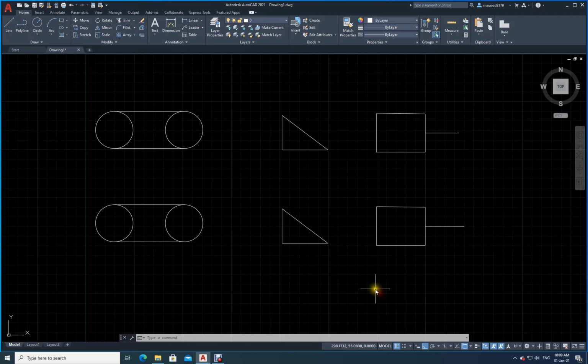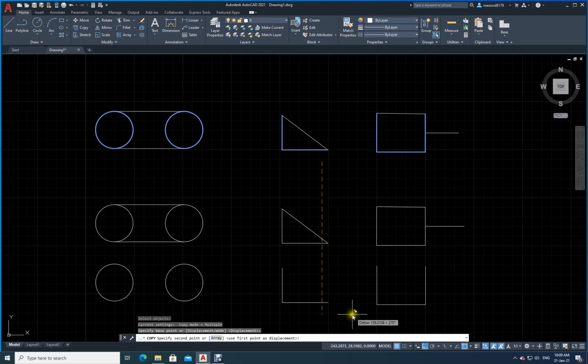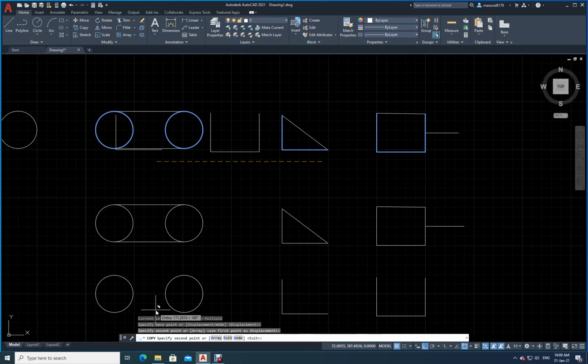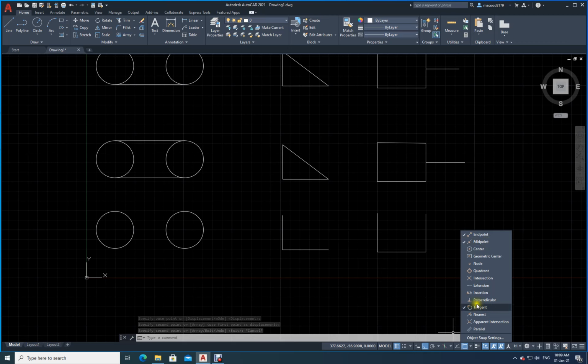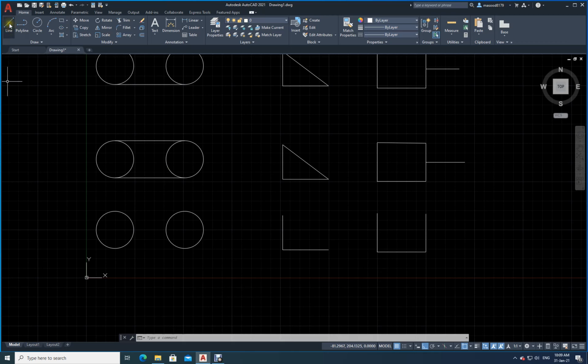Okay, so when I have selected all these things, let me just copy these items. Of course, about the copy command and other stuff I will teach you later, possibly in the next video. First, right now let me select this and bring them down to show you again. Now I need to finish this one. In object snap I have selected endpoint, midpoint and tangent. Now I will select the line command. The moment I select the line command and come here, already see there is a green circle. Click there, come here, click, enter.